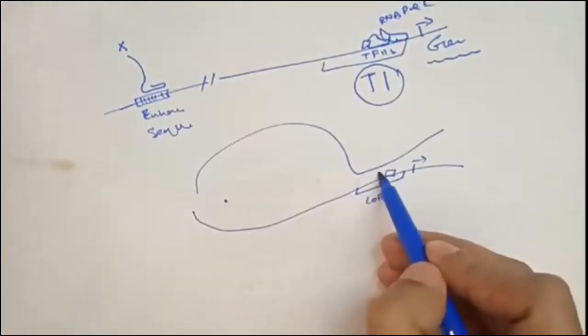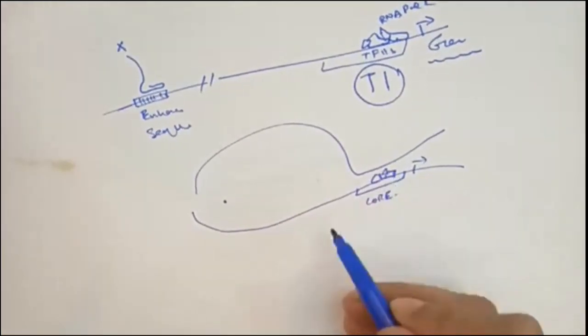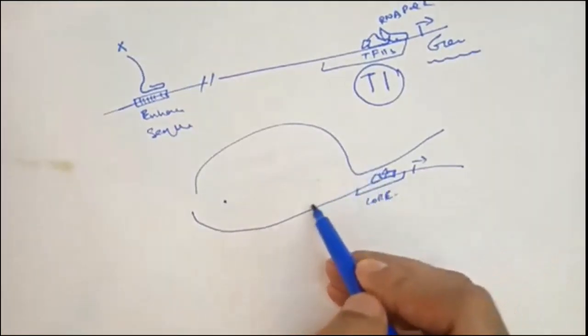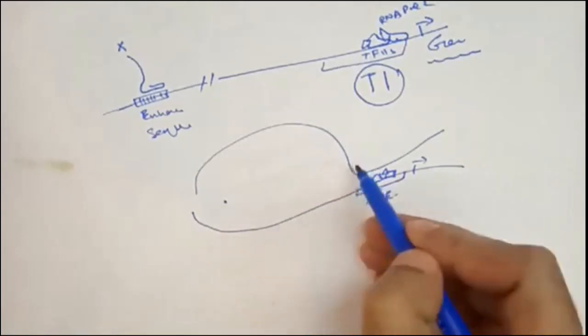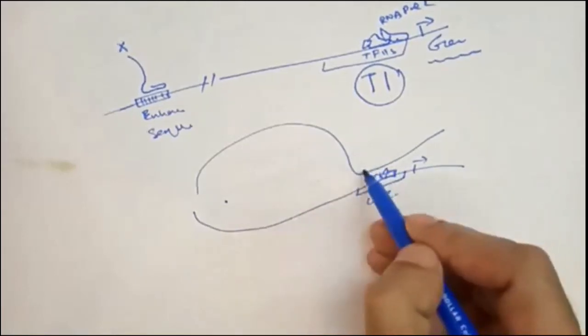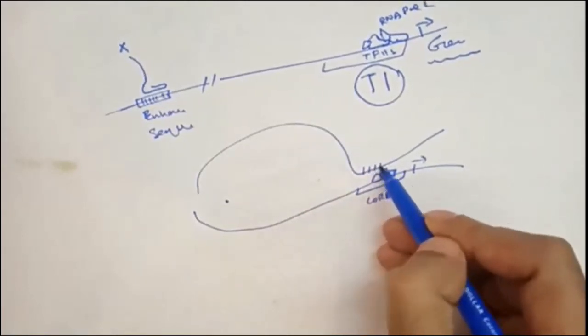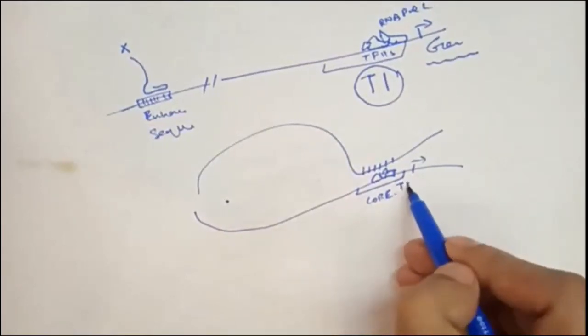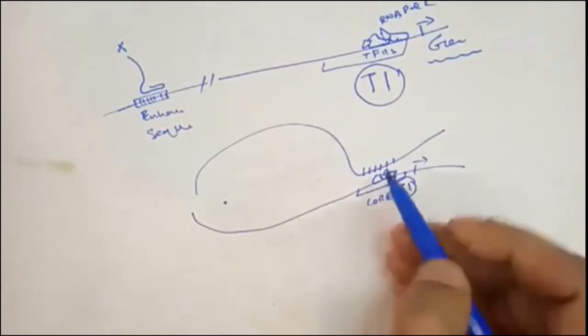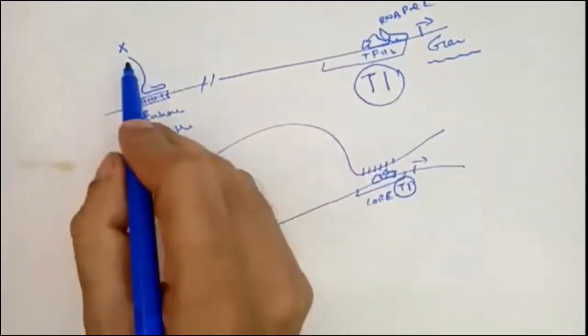RNA pol 2 is here, TF2s are here, everything is here. So the three-dimensional architecture of the DNA brings this portion very close to the TI complex,